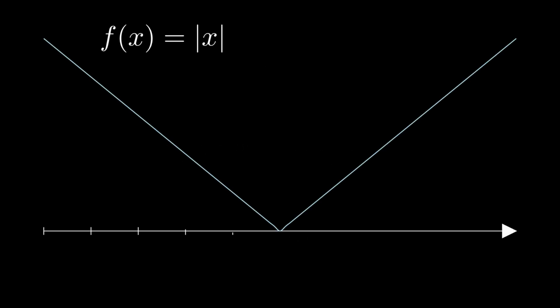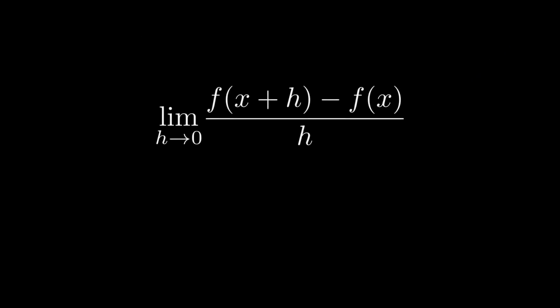I mean, look at the point at x equals 0. It's a sharp corner, certainly too sharp to be differentiable. And if you're still not convinced, then we can even check using the limit definition of the derivative at the point x equals 0. Taking the limit from the negative side,